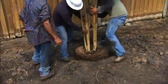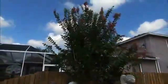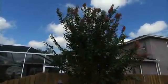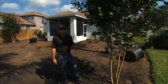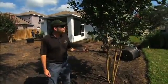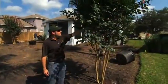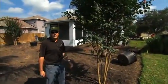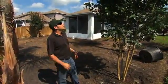The other trees we've selected, crepe myrtles, we picked these because they have outstanding color, a lot of show. Again, they're fairly easy to maintain. They need to be fed 4 times a year with a granular slow-release fertilizer. And beyond that, they just need a once-a-year pruning up at the nodes of the tree. It's very simply done, very easy, and then when the springtime, when they're trimmed, you'll get a beautiful, beautiful bloom